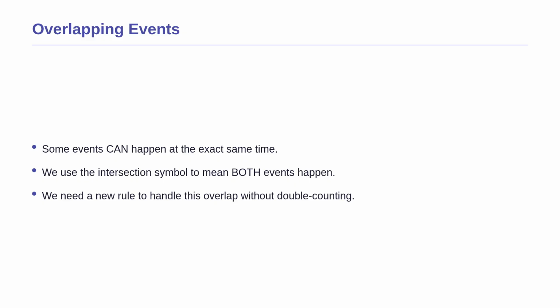This brings us to our third major property. Our third axiom told us exactly how to add probabilities if two events are mutually exclusive and cannot happen together. But what if they can happen together? For example, drawing a single card from a deck that is both a heart and a queen? When events can overlap like this, we use the intersection symbol, which means and. We need a brand new rule to handle this overlap, so we do not accidentally count the overlapping part twice.